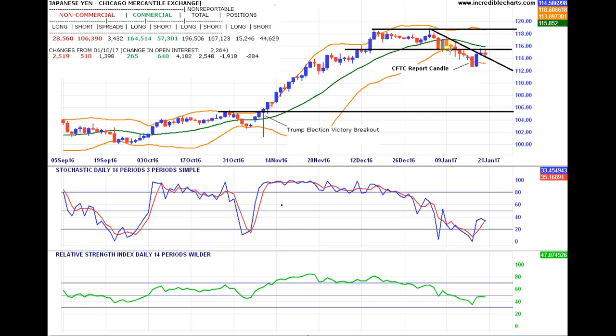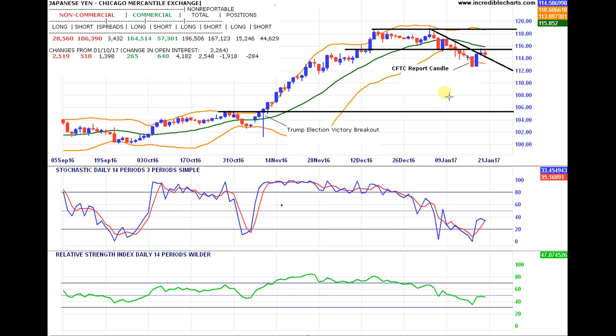And then you have a really nice move to the downside, and you see this red candle here. I've highlighted it. It's the day this report was compiled, i.e. last Tuesday. So you've got the commercials still bearish of the USD JPY. They're not aggressively moving their hedges, and the non-commercials are bullish the USD